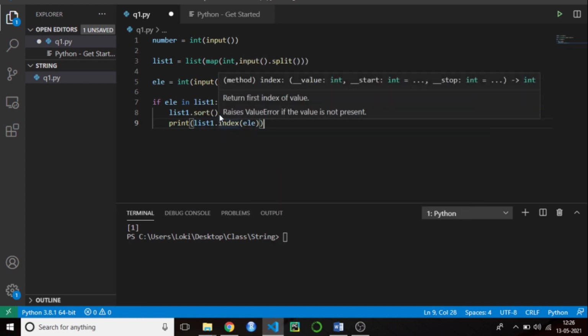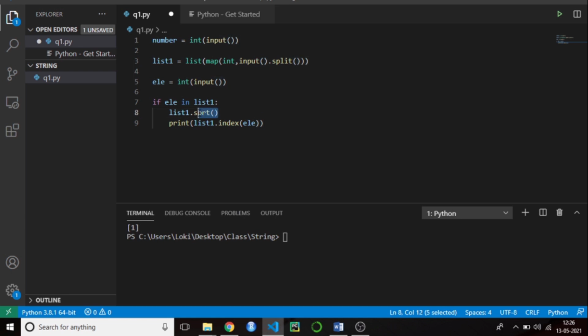So if you are well and good in this list operation, then you are halfway done with this coding preparation. All questions will have this format only. So you just need to sort, or you just need to find the index, or just need to count. That's all. This is what the basic coding question includes. So let's get back to the question.